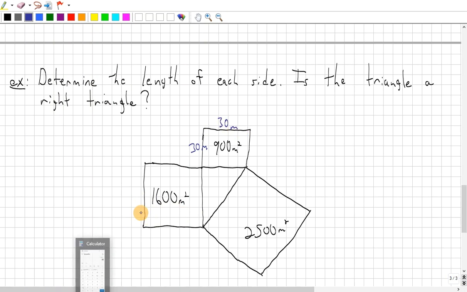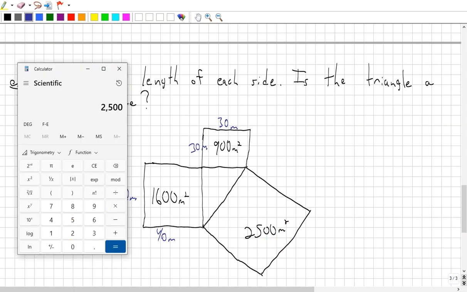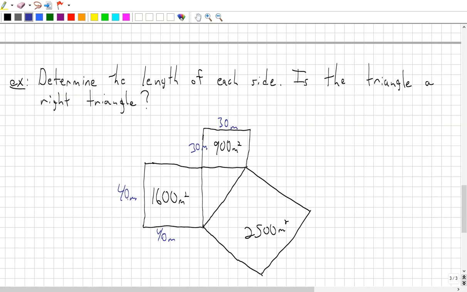1600, I know already, is 40. So that's going to be 40 meters. And 2500, the square root of that one, that's a big one. So 2500, take the square root, is 50. So 50 meters for the side length. Notice I started off with the area, which was meters squared, and I went to the side length, which is just meters. So I found the side length of all of them,